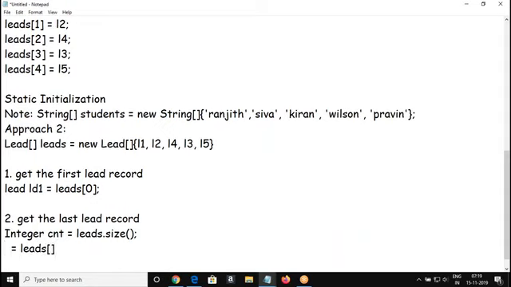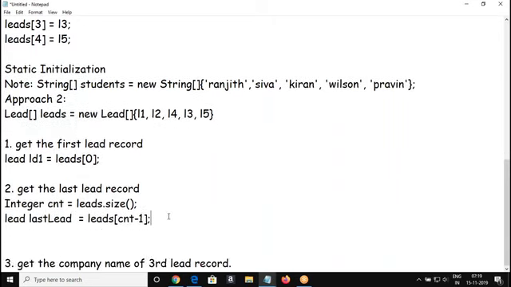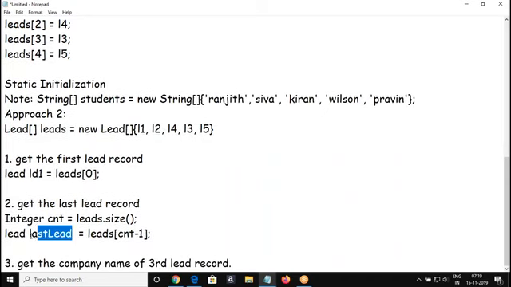Leads, your total size minus 1 is referring to the last index value. Got me? So this is how we'll get the last lead record.